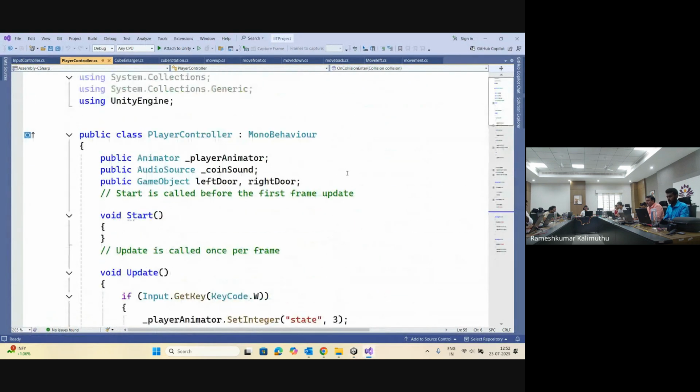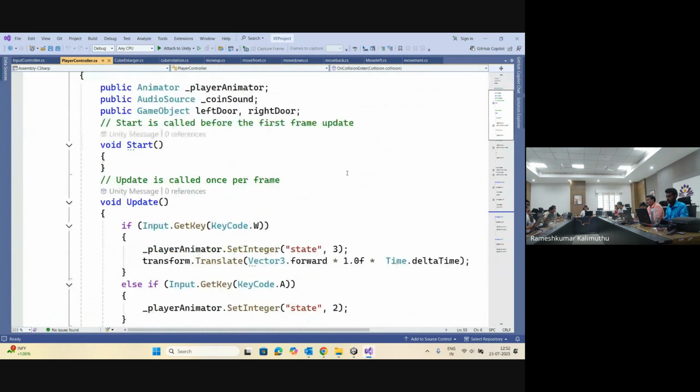go back to the player controller. I have the text box area. Inside the text, I need to show some data, right? The data is the score value and the life value. Score is just a string label, that is the information. But when you are colliding with the coin or when you are losing your life, you have to show some numbers, right? So you need a number. That number should be an integer number,